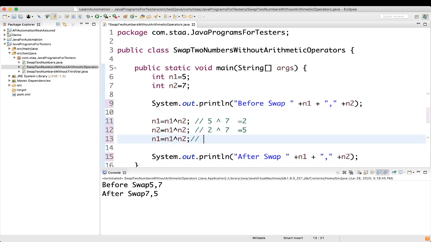Now what we want to do here is N1 equal to N1 XOR N2. What is the N1 value now? N1 value is 2, and we want to do the XOR operation with the N2 value, which is 5. So we'll do 2 and 5. Let's see what is happening.